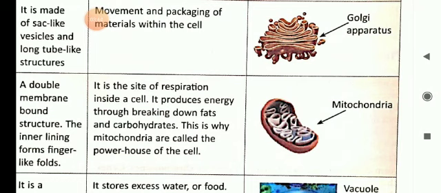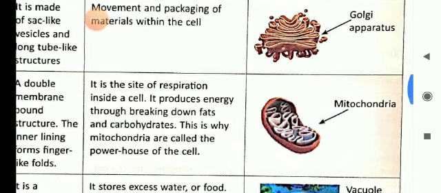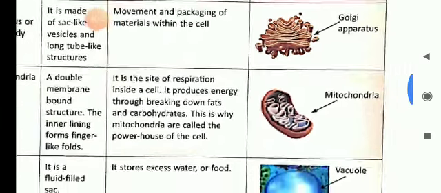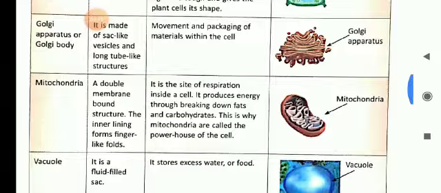You have read when respiration occurs, then in internal respiration, the oxygen gets inside the body and combines with the food. Food is in the form of fats and carbohydrates and breaks down into carbon dioxide, water and energy. So this energy is produced in mitochondria. And so the mitochondria is known as the powerhouse of the cell, because it produces energy.